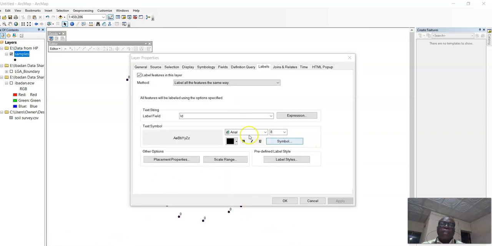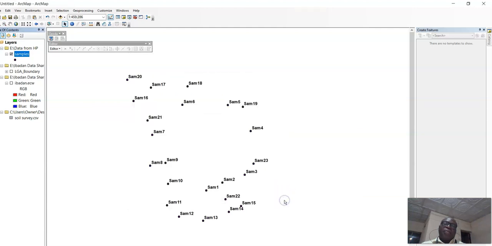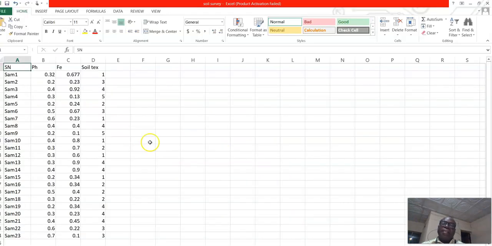So you can look at the name, label field, you can say I want sample, so that you check the names of those samples. Let's change the font. So you can see sample 1 to sample 23. And then these are the locations, these are the GPS coordinates. And then these are the data.